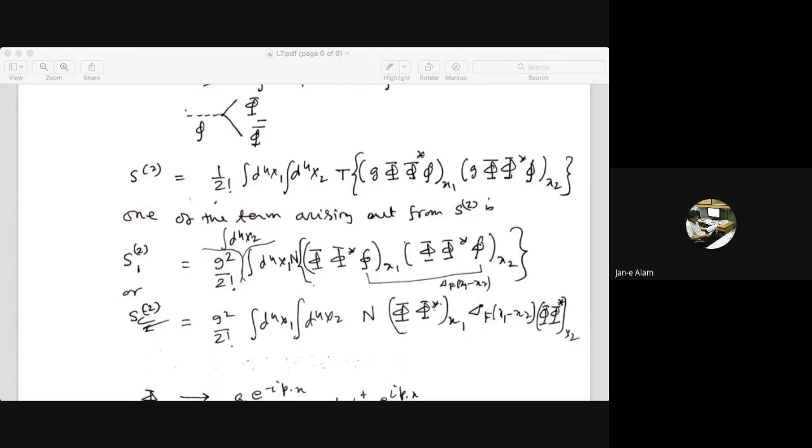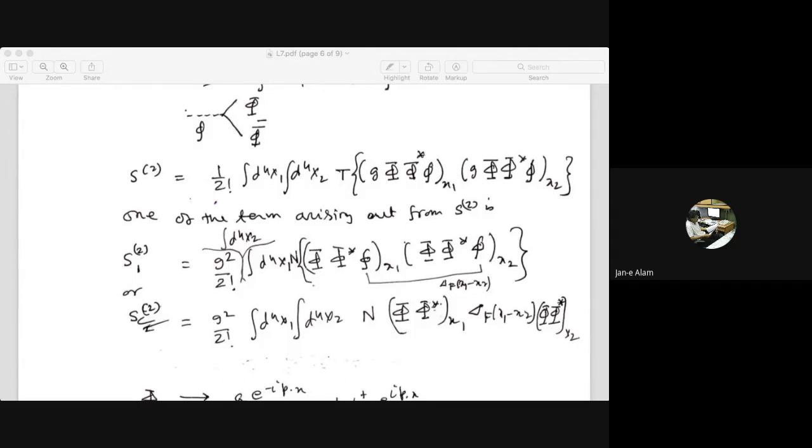You see, suppose there are 2 fields here. So electron, positron. But it is not electron, positron. Please don't mistake me because here we are discussing scalar. So for example, electron, positron, and then a photon propagator producing electron and positron. That's all. This particular term will not give you anything more.